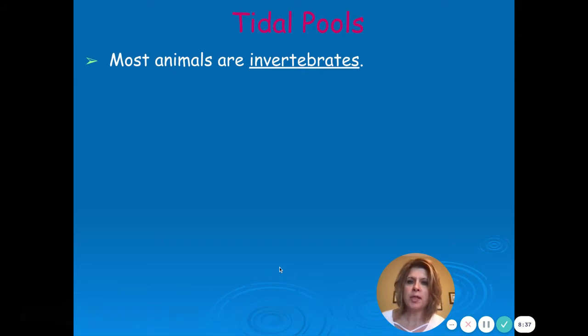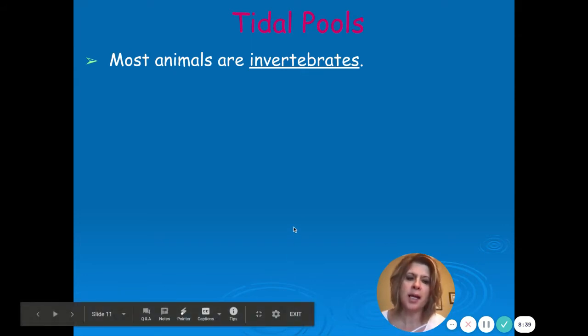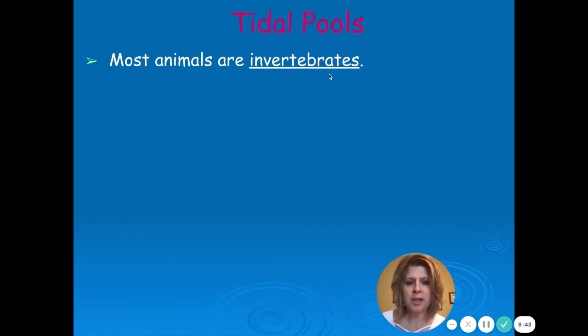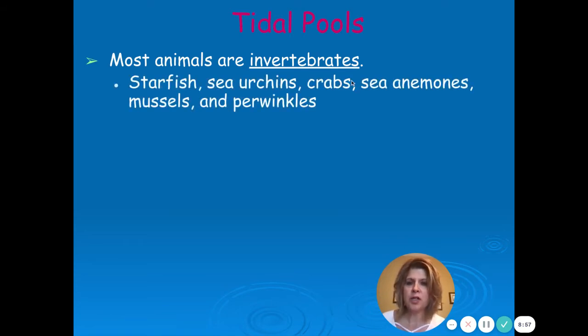Tidal pools have most animals that are invertebrates, and later this year we're going to talk about what invertebrates are. Invertebrates are animals that do not have a backbone. So things like starfish, clams, lobsters, they have normally exoskeletons or shells that protect them from their prey or predator relationship. Starfish, also sea urchins, crabs, sea anemones, mussels, and periwinkles are all examples of invertebrates, animals that do not have